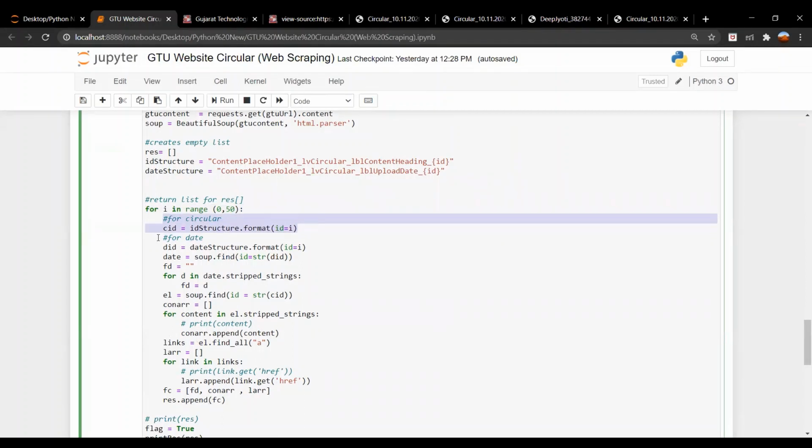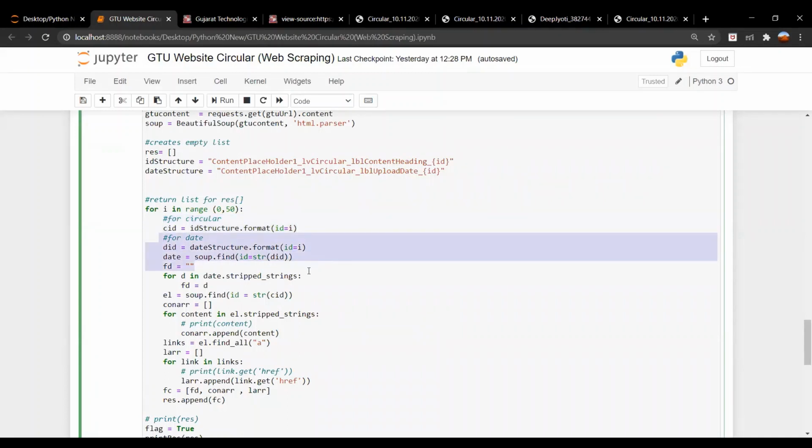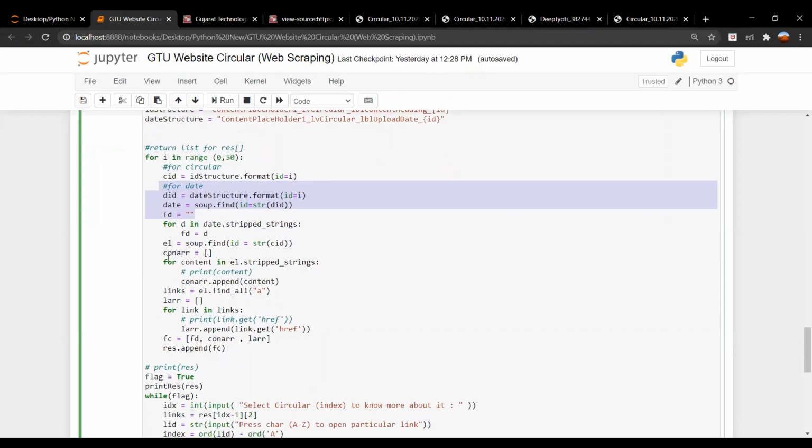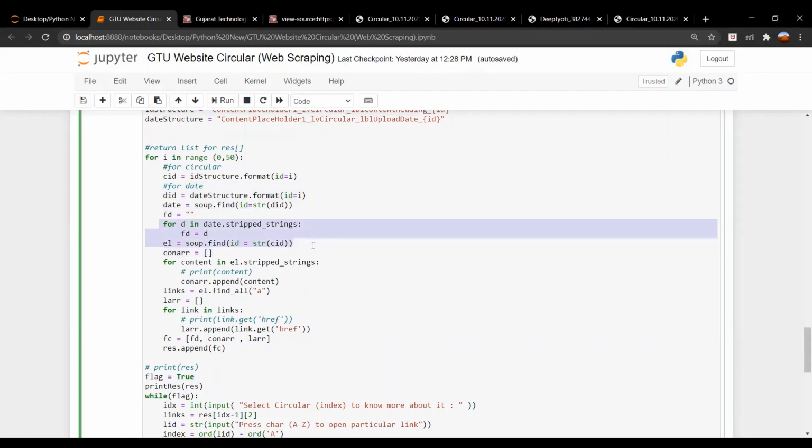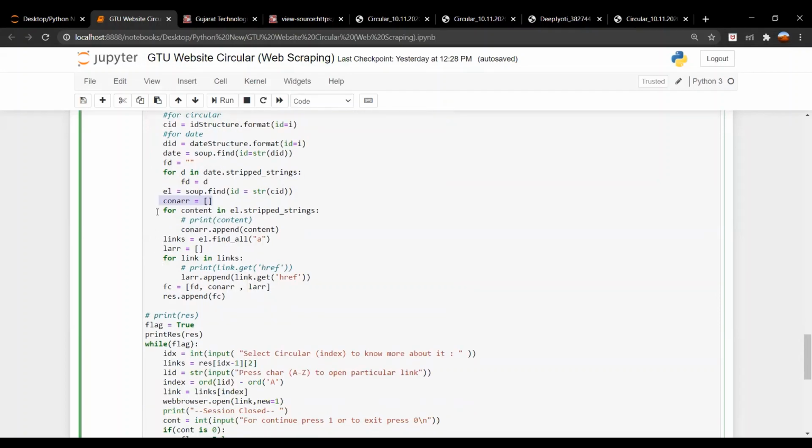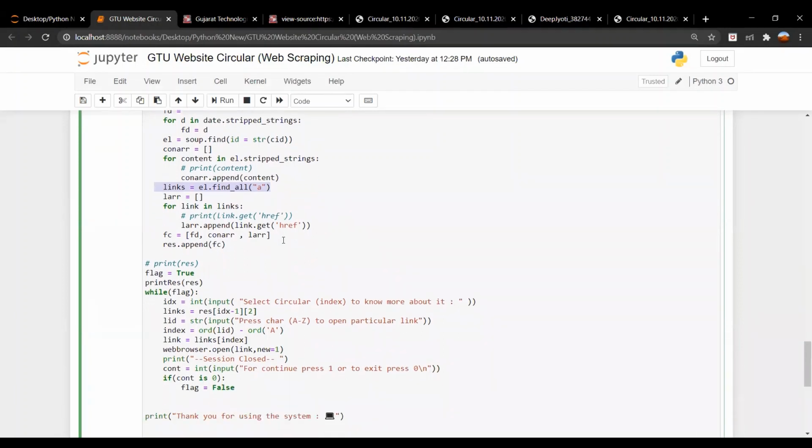Here CID is for circular, DID for date, and the date variable will find the DID in the GTU website source code. Now here the for loop for D in the variable will print the date, and this con array list will be for the content of the PDF, and this links equals el.findAll will find all the links starting from A, and they will be stored in the L array for future reference.